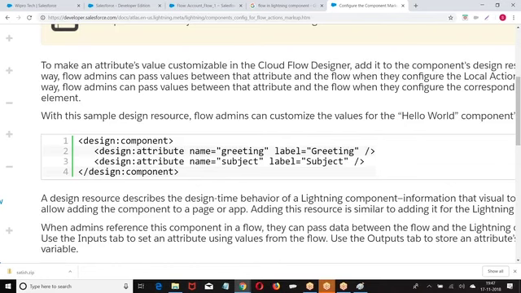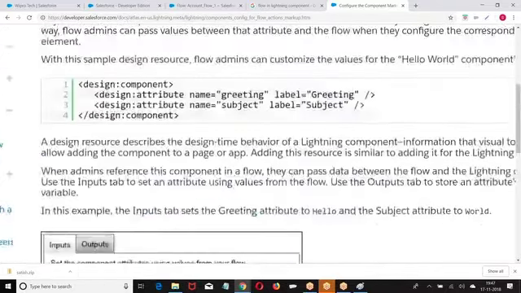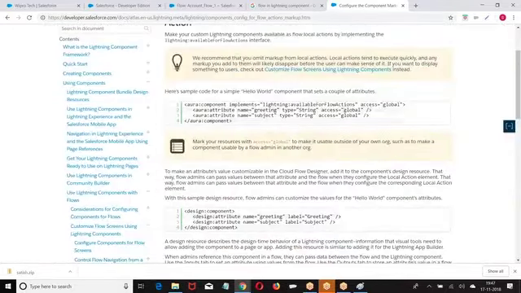That will be defined by using a component called design component, where we have attribute name and label name. Basically, I want to convey here the message: flows can also be included within the component, and a component can also be included within the flows. The major motive of giving this is to tell you flows can be included within the components, and components can be included within flows, and we can add the flows on the record page.